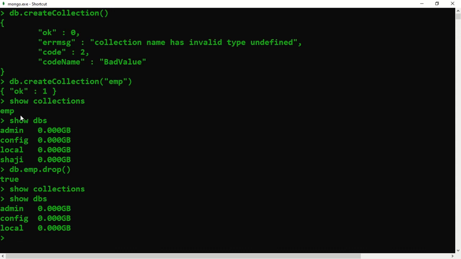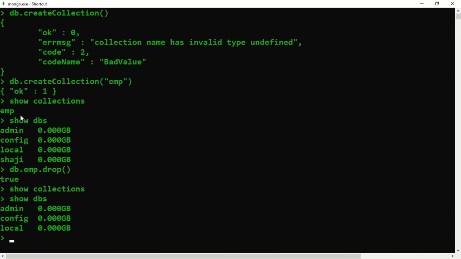Why? Again I'm repeating, according to MongoDB, a database will be listed in the show dbs command only when there is at least one table in the database.